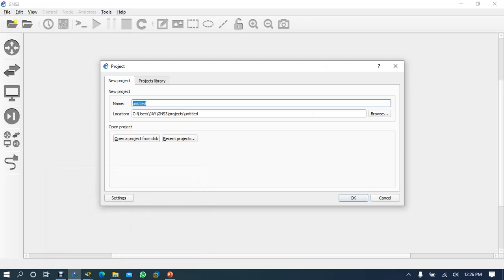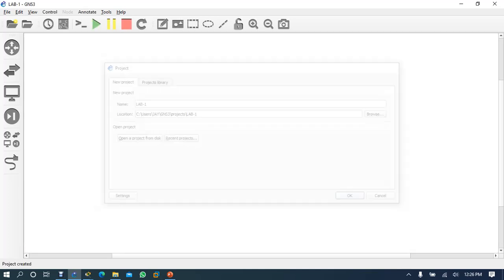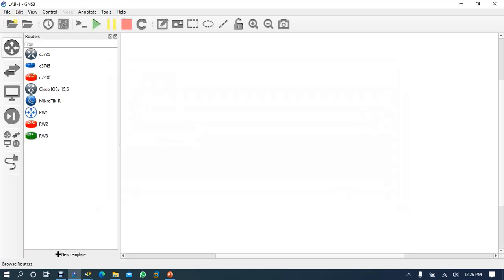So you can write the project name, like lab 1. So whenever you open GNS, automatically you will see this project. So you write the project name lab 1, and here you can get the routers.